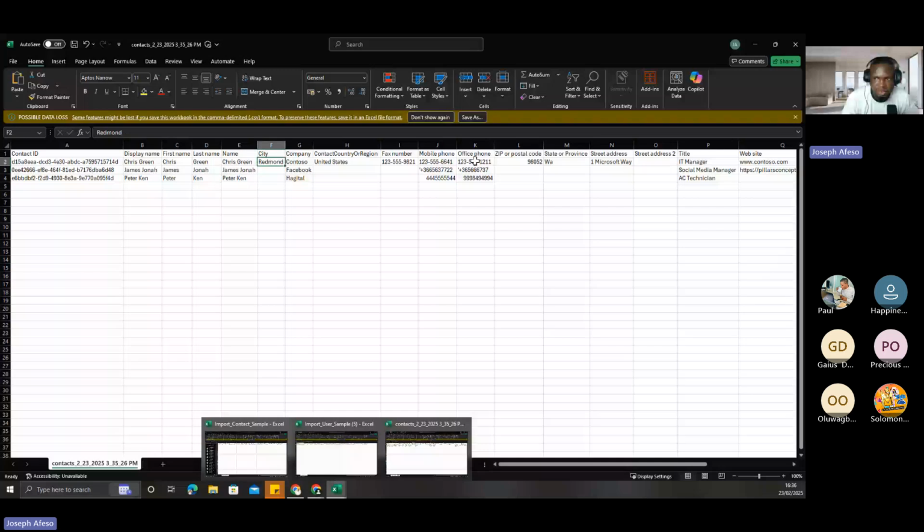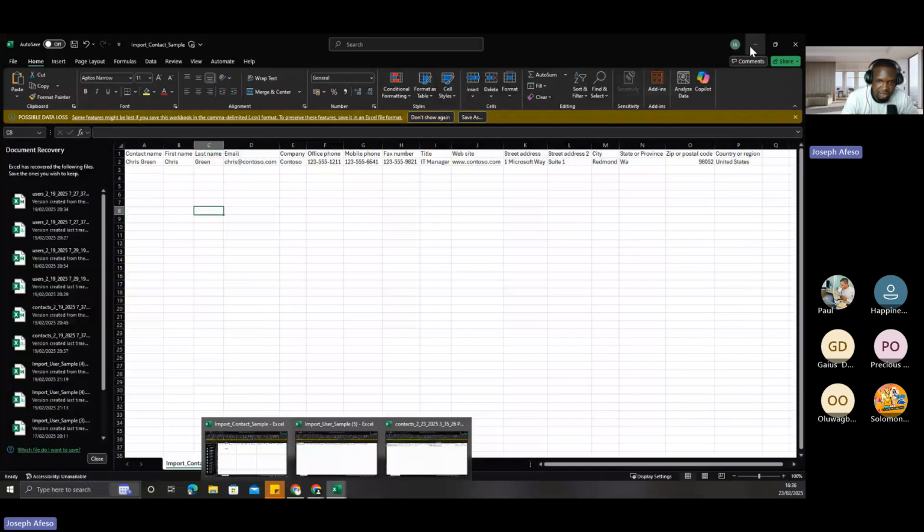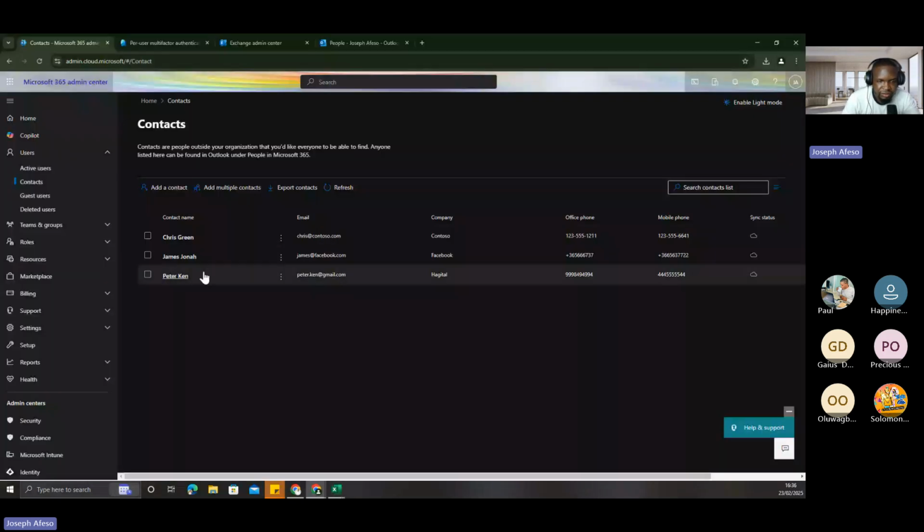Remember that we pull this out from the details we provided, so they are definitely going to be there. And the ones we did not provide, just like this, are going to be empty. Really what I'm trying to say is that you can download or export the list of the contacts you have in an organization, because when it comes to auditing, all these details are very important that you know about them. So without stressing too much on contacts, we would be diving right deep into the next thing,